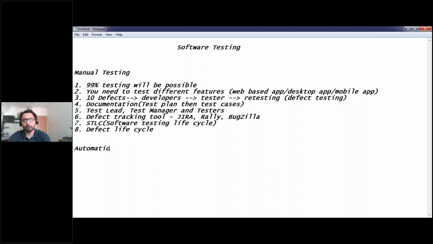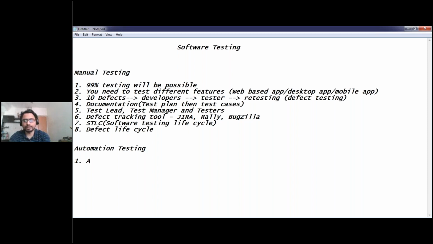Let me introduce automation testing as well. In automation testing, not all types of testing can be done by automation; only some types of testing are possible by automation testing. As of now, I will tell you a few topics in automation testing, because right now you don't know about the types of testing. That's why I cannot write here the types of testing possible by automation. I will just write the generic things which everyone knows.